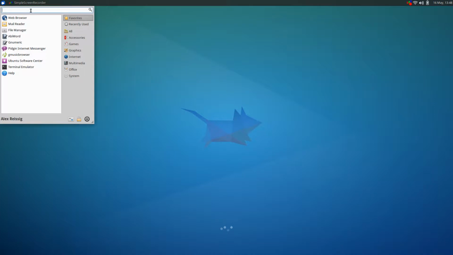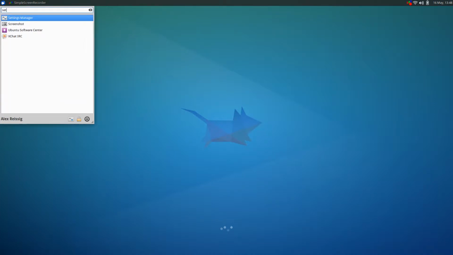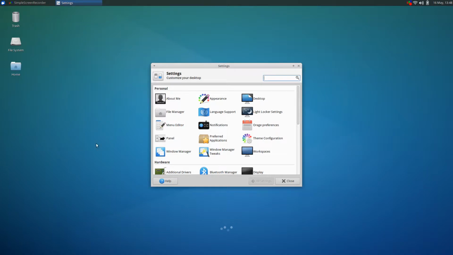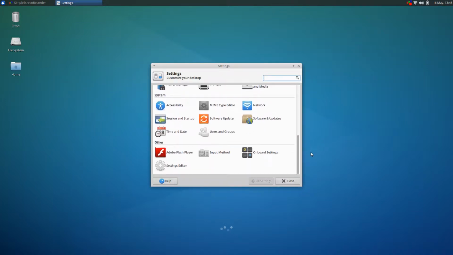Anyway, open up your menu, and we're going to pull up our settings manager. You can do like I did. Just start typing in settings and it'll pop up, or you can scroll through the menu, whatever fits your fancy. I'm a keyboard guy, so I like doing it that way. But anyway, you got your settings manager, and you want to come down here to where it says software updater. Click on that,